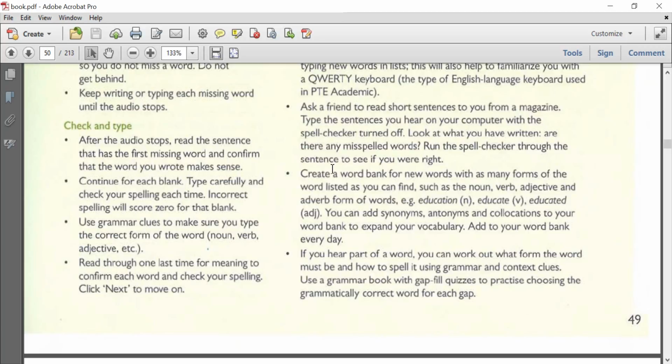នេះគឺជាការដែលយើងអាចនឹងរៀនដើម្បី expand vocabulary កាន់តែច្រើន យើងរៀនបន្ថែមទៀត។ If you hear part of the word, you can work out what form the word must be and how to spell it using grammar or context clues, and use a grammar book with gap fill quizzes to practice choosing the grammatically correct word for each gap. បាទគឺយើងអាចធ្វើការវឹកហាត់ណាហ្នឹងហើយ តើពាក្យហ្នឹងគឺជាទម្រង់អីគេ វា adjective ឬក៏ verb ឬក៏ adverb អីអញ្ចឹងទៅ ហើយ spell វាហ្នឹងដោយរបៀបណា ដែលប្រើប្រាស់ grammar context clue ហើយប្រើ grammar book ដែលវាមាន gap fill quizzes ហ្នឹង ធ្វើការ practice choosing grammatically correct word សម្រាប់ gap